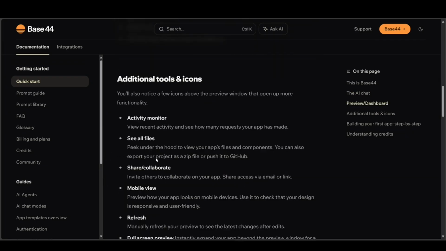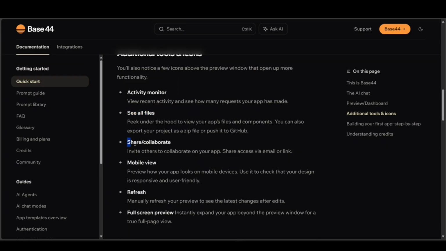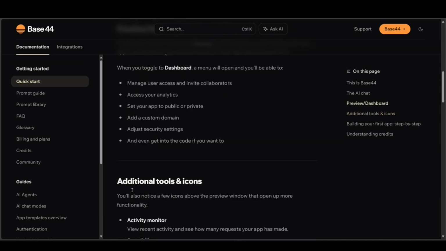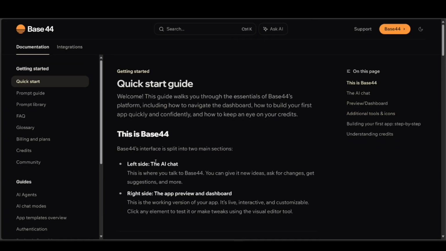Additional tools and icons like activity monitors, where you can see all files, share and collaborate, mobile view, refresh, and a full screen preview. But if you want to go ahead and learn much more about Base44's features and information,